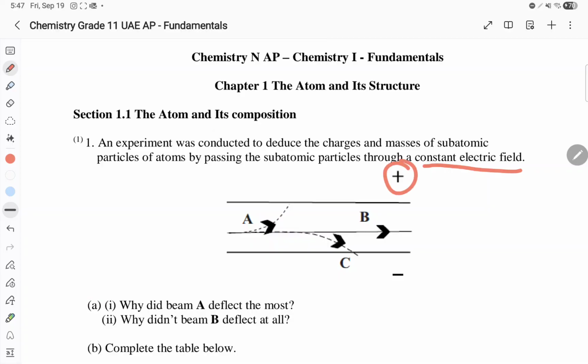Now, as you can see, here's a positive plate and here's a negative plate. So if beam A is going towards the positive plate, it has to be electrons, because electrons are negatively charged and they're attracted by the positive plate. Now, we know that beam A is electrons, and electrons have a mass of 1/1836. So they are the lightest particle. That's why they deflect the most, because they're electrons